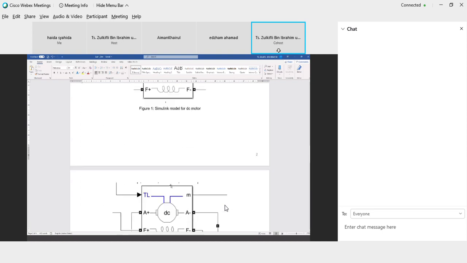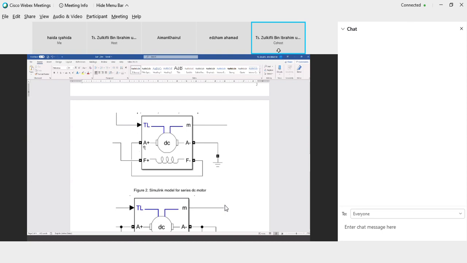And then for the figure number 2, this is the connection for shunt. Okay, shunt ingat tak shunt? Series dia masuk dulu field kan. Dia masuk field and then field keluar ke armature. Dia pergi ke ground lah. Kan positif negatif kan. And this is the top